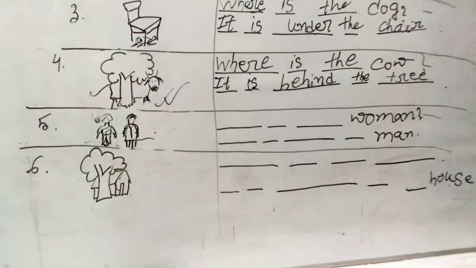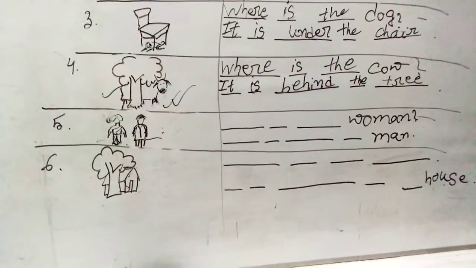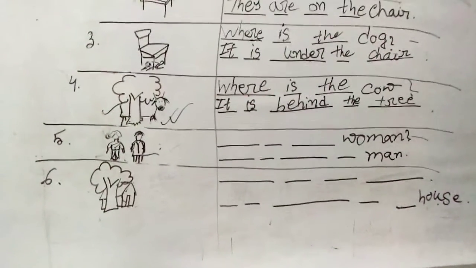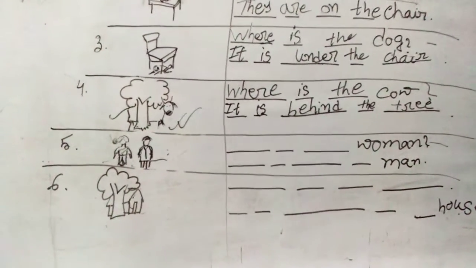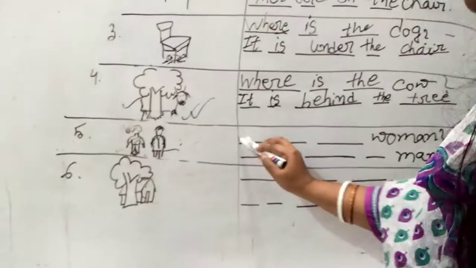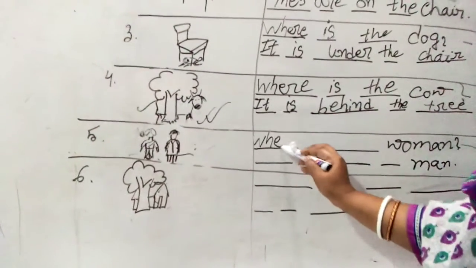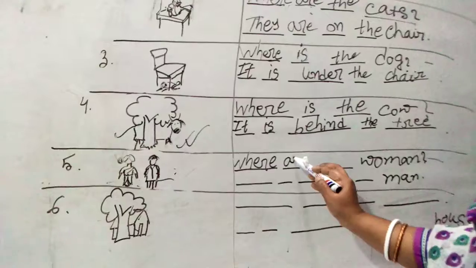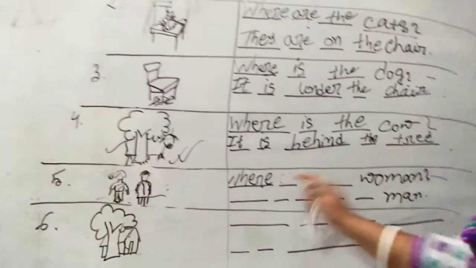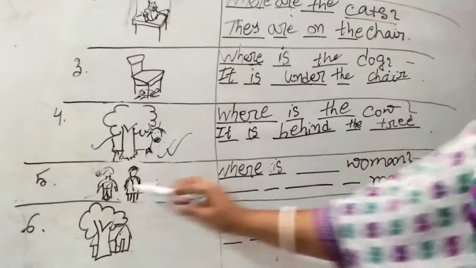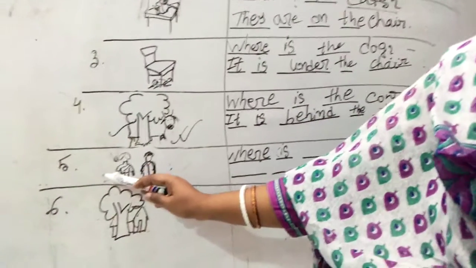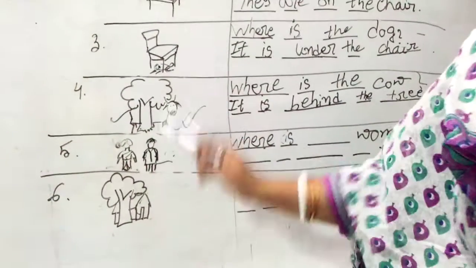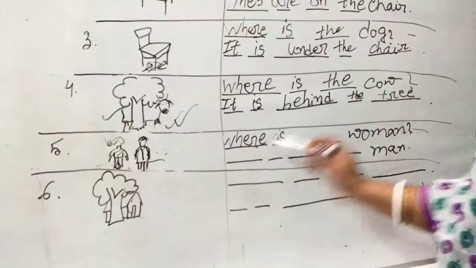As the question is not fully given, that means only a portion of the question is given, so at first we have to complete the incomplete question. For completing the question we have to use the word "where". Where are, where is. Why is it "is"? Because there is only one woman. Is there any more women with her? No. She is only one woman and he is only one man. So that's why "where is".